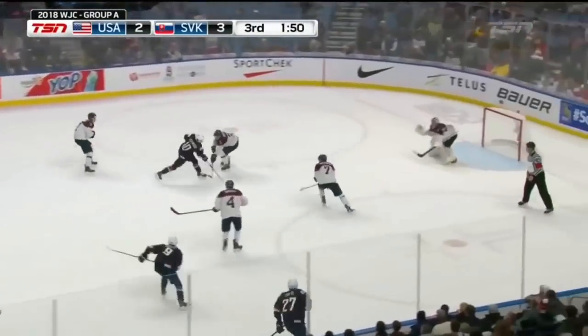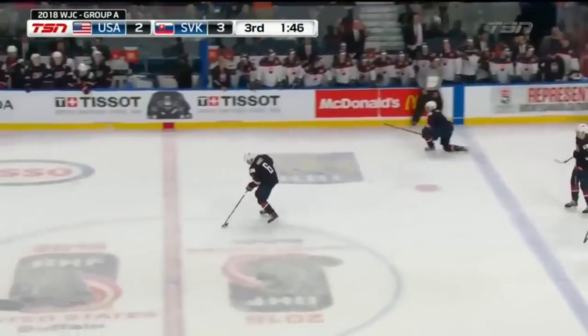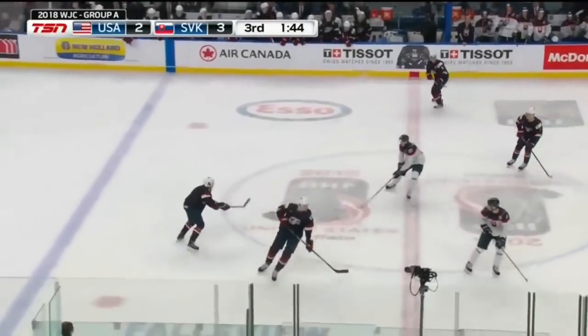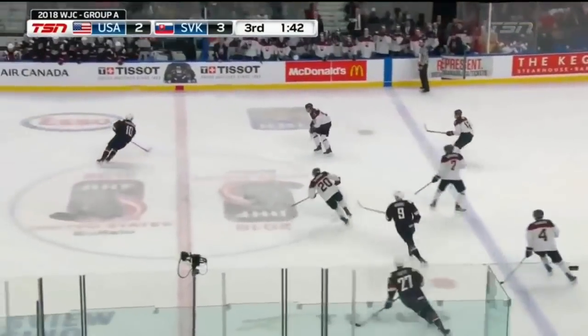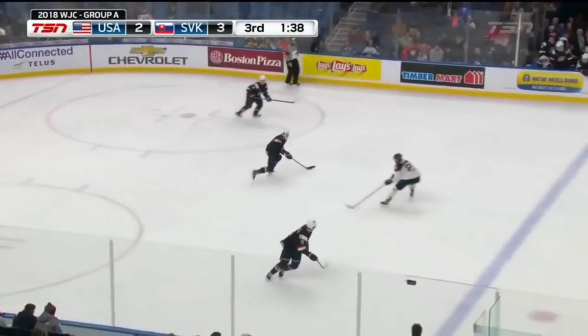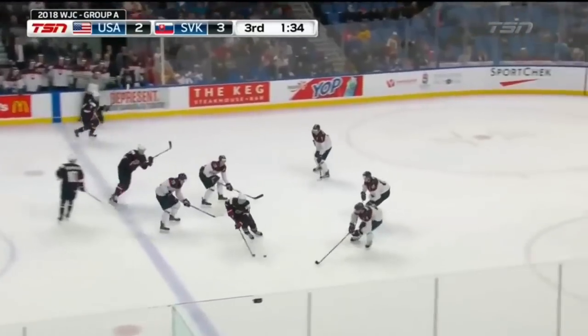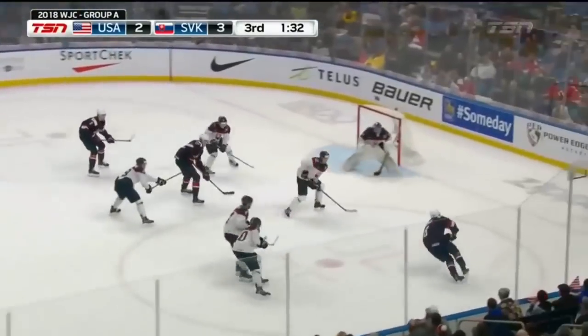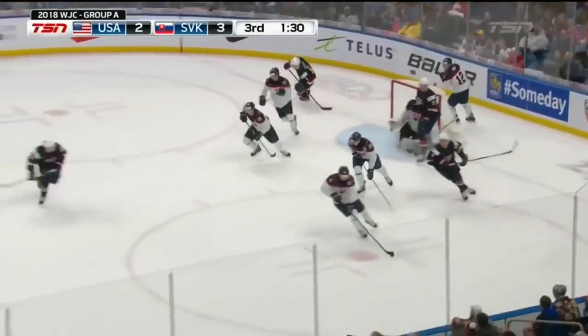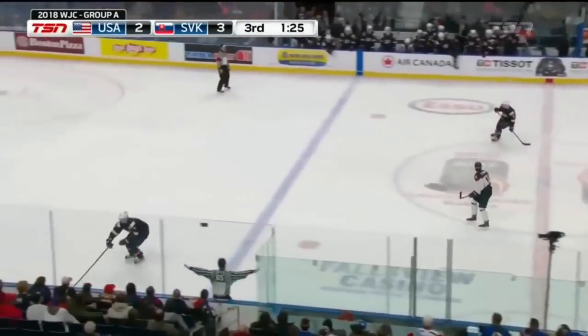But for Hughes, the rest of this is just Hughes attempting to tie the game for the Americans, and he gets awfully close. You get the sense from watching this game that maybe Hughes just never quite got comfortable here. And defensively, I doubt he wowed Bob Motzko very much, the head coach of the USA team. So when push came to shove, Motz probably looked down his lineup and thought, I think I might be able to get more out of Fox and more out of maybe someone like Perunovic defensively, while not sacrificing all that